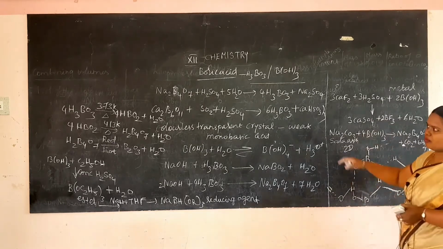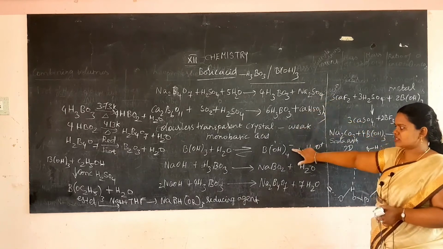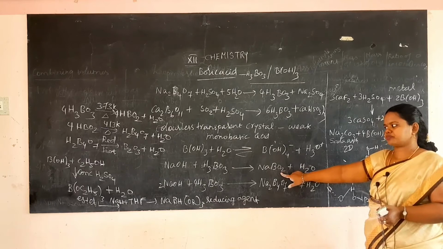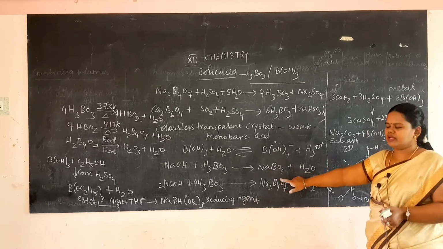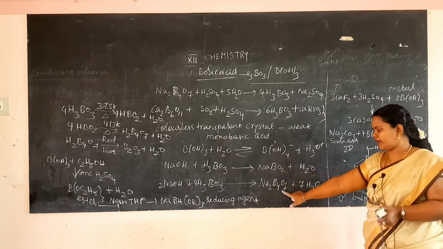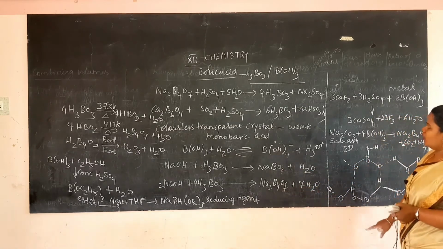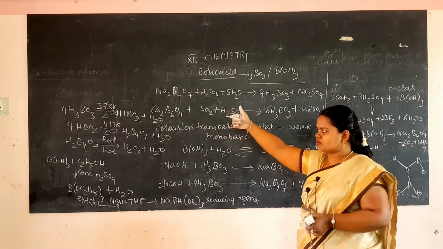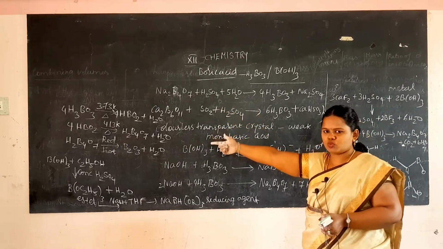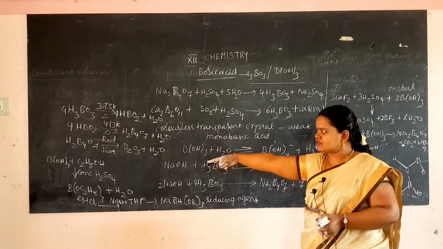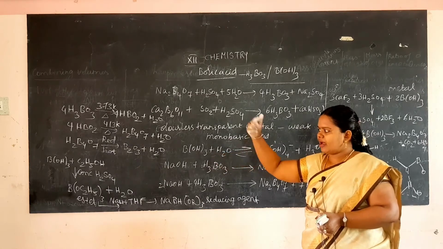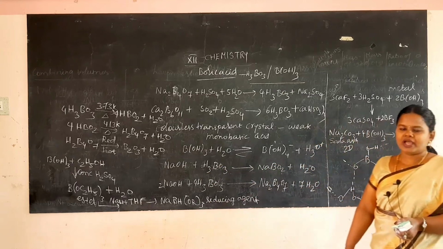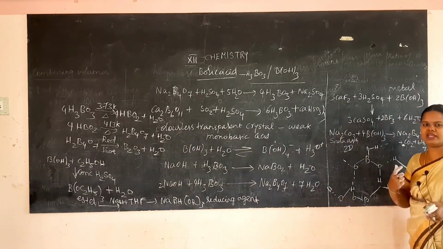So first we saw the preparation, then the reaction with water, then with sodium hydroxide, which forms two different products, metaborate and borax. Then the action of heat: at 373 Kelvin it gives metaborate, at 413 Kelvin it gives H2B4O7, and at red hot it gives B2O3, that is boric anhydride. With ethanol it produces trialkyl borate, which is an ester, and that when heated produces a green edged flame.